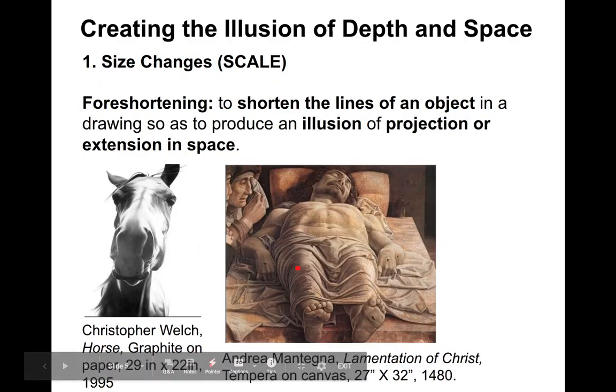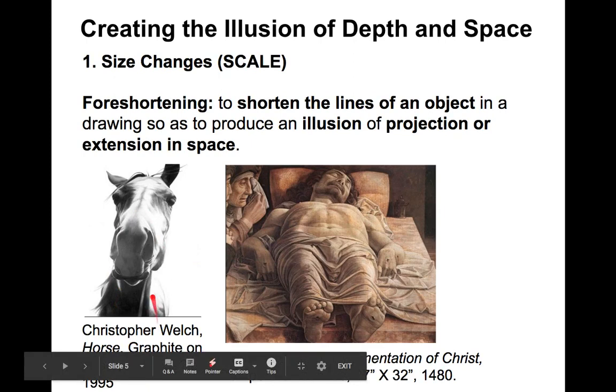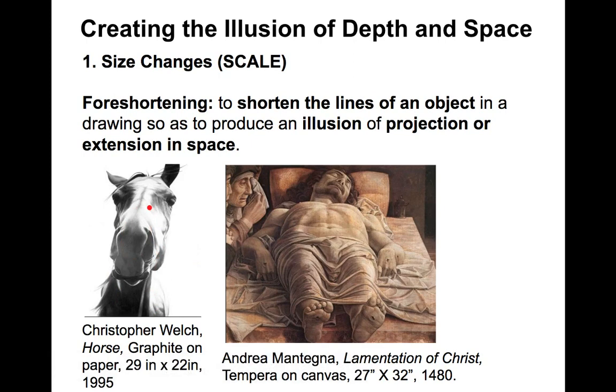More size changes. This is a new term, foreshortening, to shorten the lines of an object in a drawing so as to produce an illusion of projection or extension in space. So this horse by Christopher Welsh is very foreshortened. It's in graphite on paper, and it's so short that you can't see how the nose of the horse